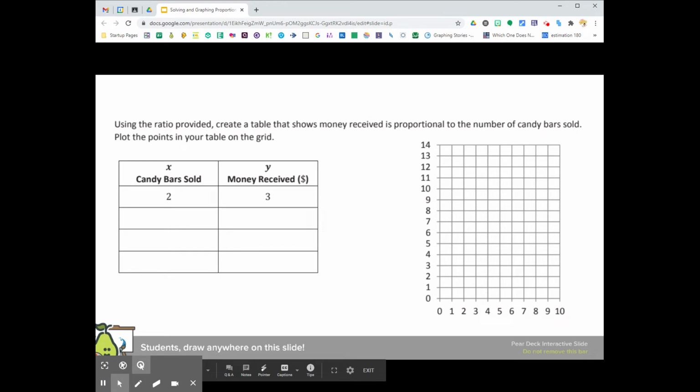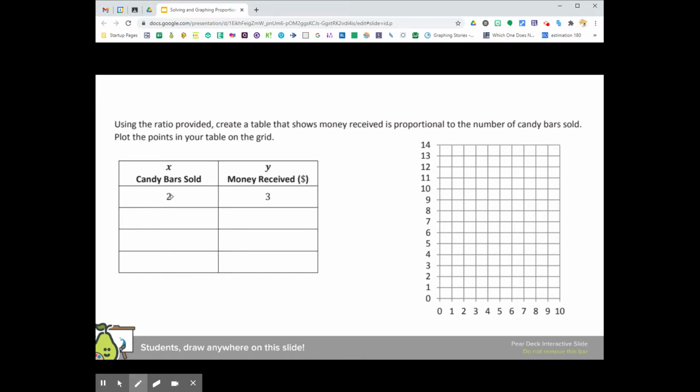So now let's talk about taking these proportions and these ratios and putting them on a graph. The first thing I want to do is we do know that if he sells 2 candy bars, he's going to earn $3. So we're going to fill in the rest of this ratio table using the ratio that we have. And it's very simple. There's an infinite amount of numbers or combinations that you can put in here. But let's just go ahead and pick some lower numbers so we know we can fit it here on the